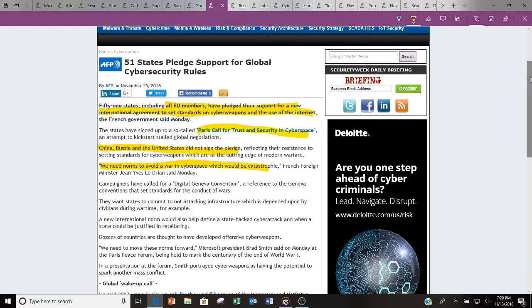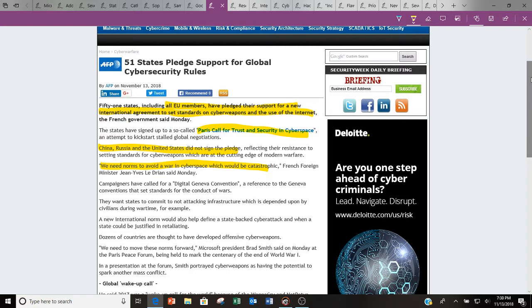Paris, I believe, is the one that brought this up, and it is called the Paris Call for Trust and Security in Cyberspace. What I found very interesting in this is China, Russia, and the United States did not sign the